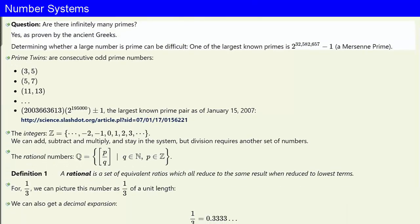One of the first questions asked about natural numbers is, are there infinitely many primes? The answer is yes, and the proof, which we won't go into, goes back to the ancient Greeks. It's reasonably elementary. There are, however, many important questions about prime numbers which are still unanswered. Even determining whether a large number is prime can be impossibly difficult, and this fact is in fact the basis of modern cryptography. One of the largest known primes today is 2 to the power